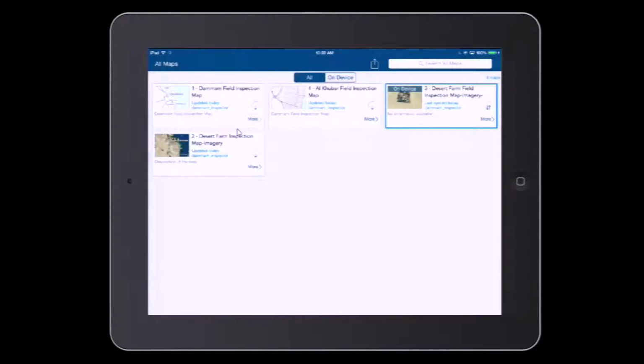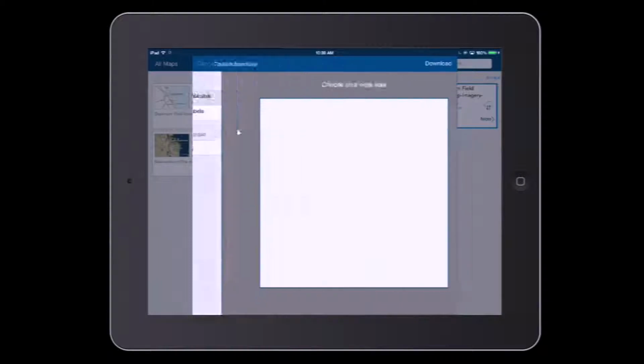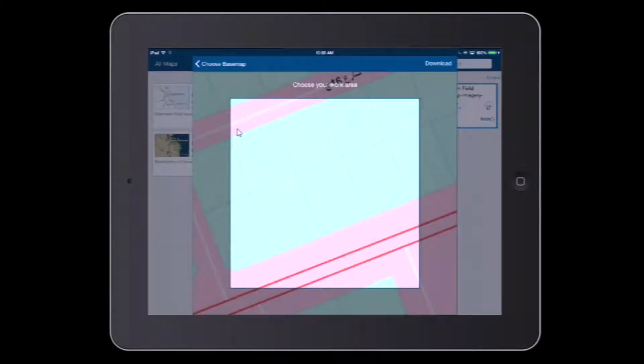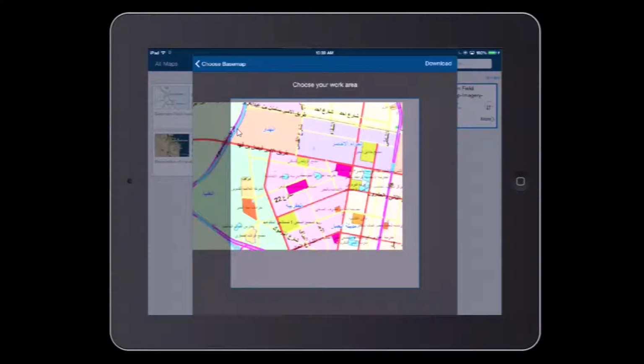I can say, sorry, let's see it here. I can actually choose this base map that I just copied to my device and use this and go into the field. So this is the thing. The last thing I want to show is that, okay, this is good for,